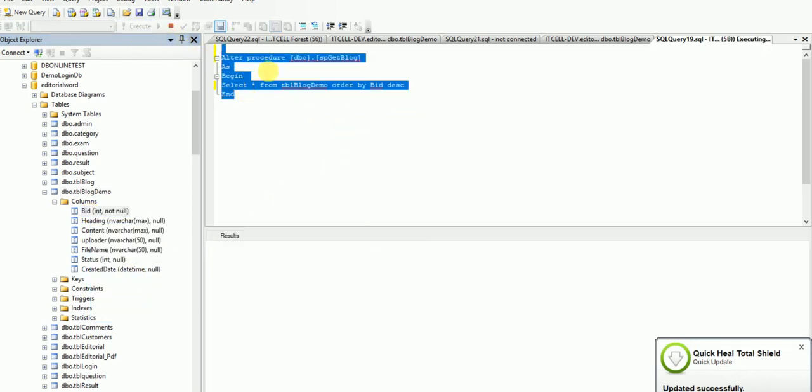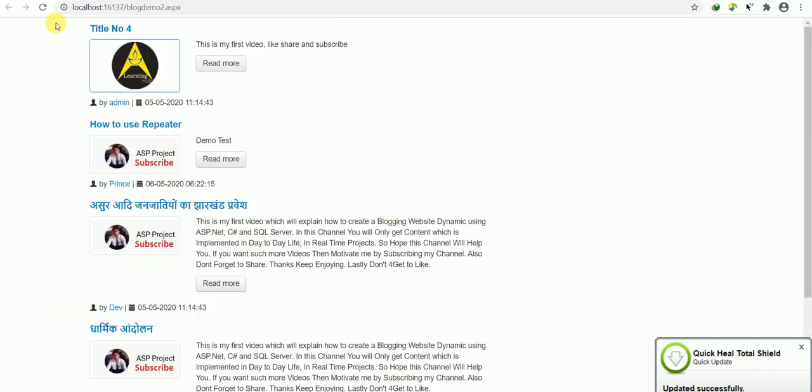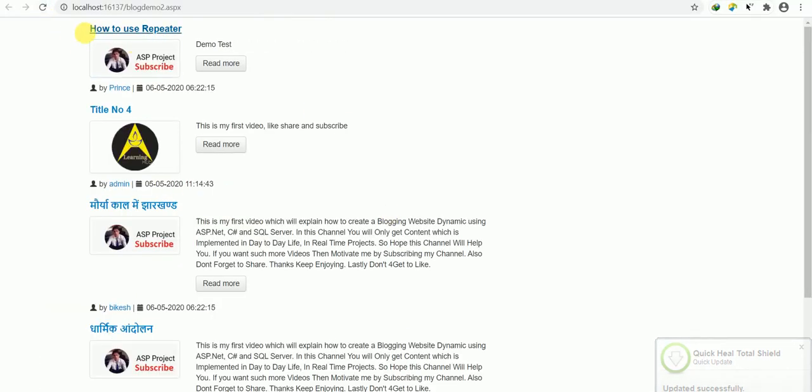Now it will work. So now let me refresh this once again. Yeah, you can see this is appearing at the top of the page because this is a very recent data, and this must appear at the top of the page. So you can see how to use repeater, demo test, and uploaded by Prince, and the date.